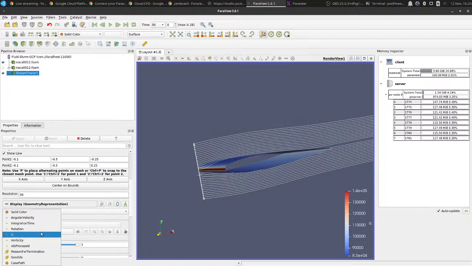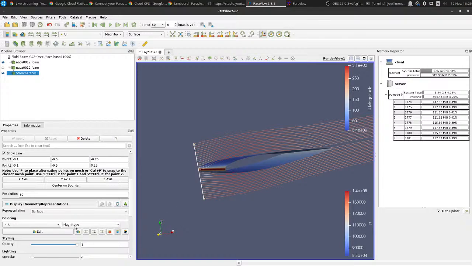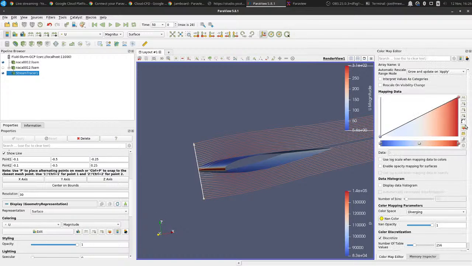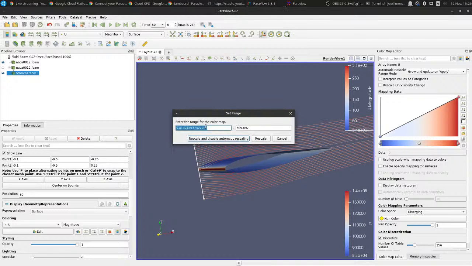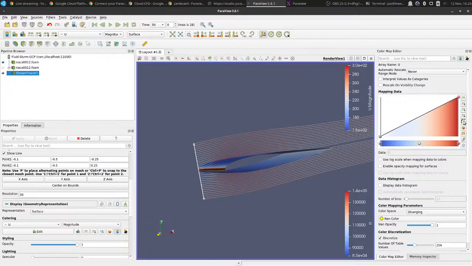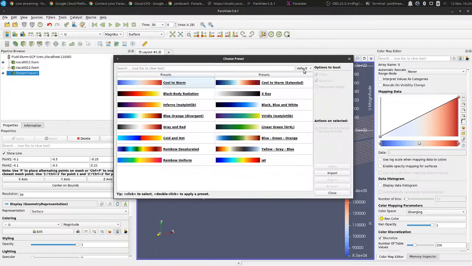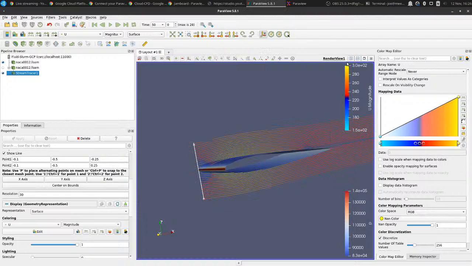Let's change the coloring to the velocity magnitude, and let's edit that color map just so we get something a little bit nicer to work with here. So let's change the color scale, bump that up to like 150 and down to about 300. So we'll rescale, and then let's change out the color map and pick something a little bit more vibrant so we can make out what's going on here. You can see in this blue region we've got low flow corresponding to that blue value on that color map. And then as you get up over top of that airfoil, we're turning into this yellow color,